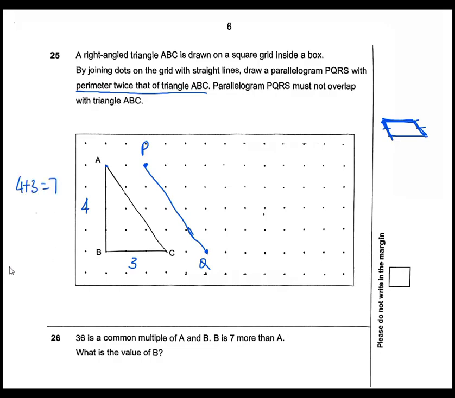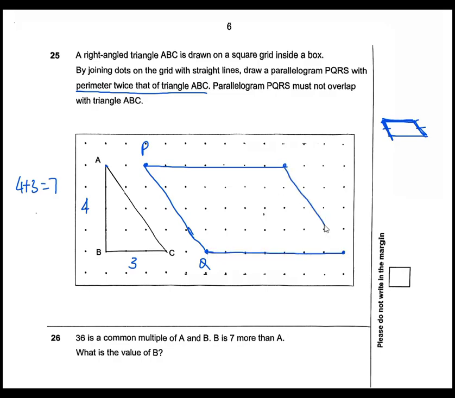The other two sides should be 7 and 7, so that I will have twice 7. So from here I start 1, 2, 3, 4, 5, 6, 7 here. So I have a line here, and again here 1, 2, 3, 4, 5, 6, 7. So I draw another line here,